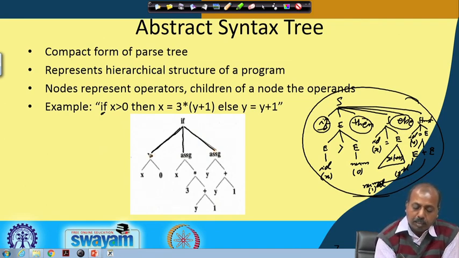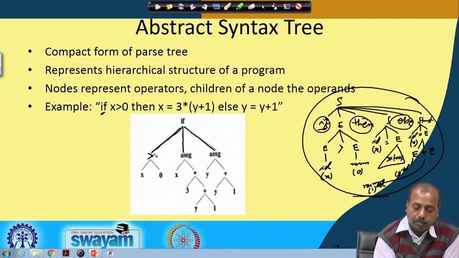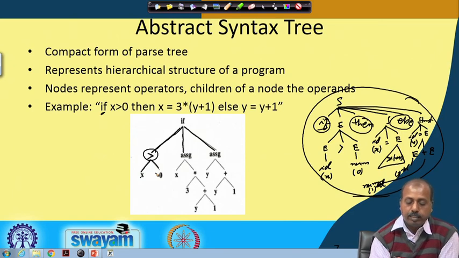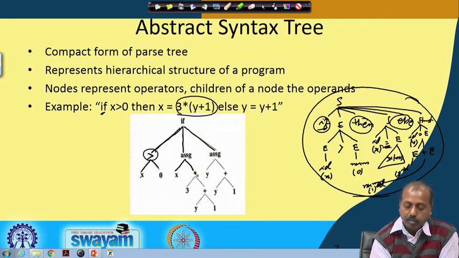Now, for the condition part, this is greater than. This has to be stored because there can be different conditions. So, I need to store the condition that we have. So, this is greater than, and after greater than we have got this x and 0. So, they are necessary. Similarly, this assignment. Assignment means there will be 2 sides, one is the left side, one is the right side. So, I do not need to store this equality in the syntax tree. This equality is not stored. Rather, this x is stored on the left side, and on the right side I store this expression 3 into y plus 1. So, this node is star.